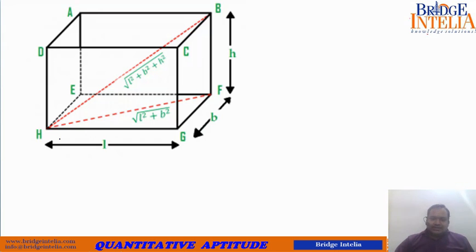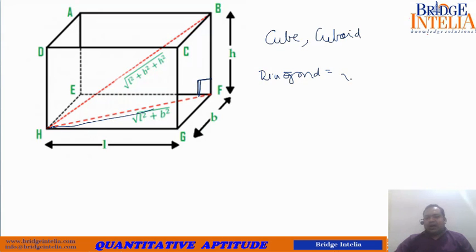As you can see in the calculation, if this is length and this is breadth, first the Pythagoras theorem can be applied to find the length of this side, and then in this triangle you can apply the Pythagoras theorem again. So L square plus B square plus H square is what the actual diagonal comes out to be. You can treat it as a formula, be it a cube or a cuboid. For both these 3D figures, the formula for the diagonal is under root of a square plus b square plus c square, where a, b and c are the side lengths.